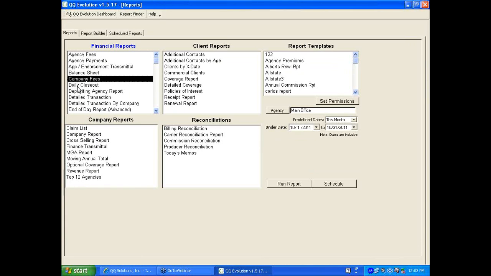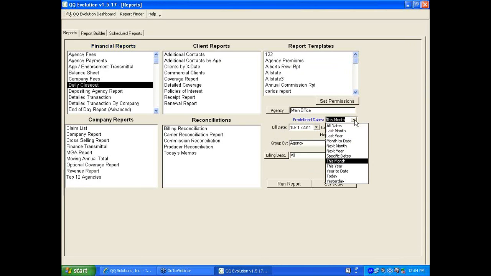Now, daily closeout, this report will give you information on money that has been taken into the agency or sent to the insurance company from the insured. So as you can see all the way on the right hand side, you have different date parameters that you can select from for this report. You have your predefined dates, which allows you to select maybe for this month, for the entire month. Maybe you want to do specific dates and enter,